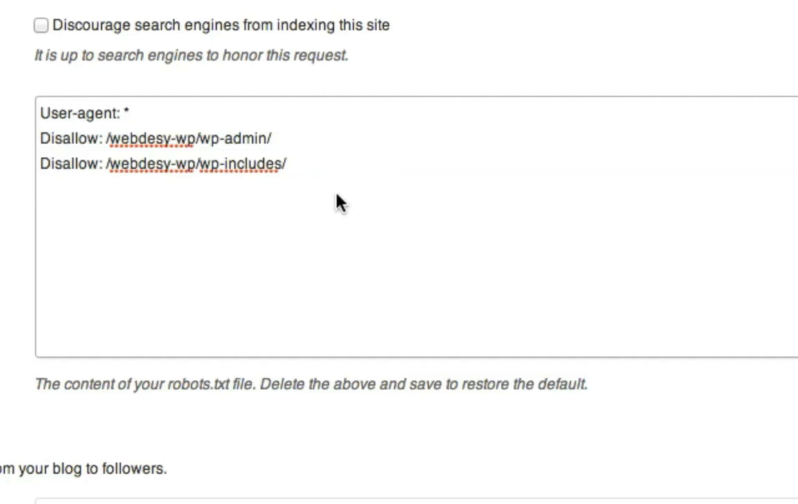So as you can see, it's in the webdz-wp directory, and then we have the wp-admin directory. So we're just specifying the path to this directory. And the same holds true here. The wp-includes directory is inside the webdz-wp directory. I'm just gonna delete the subdirectory. Anyways, it should block by default the following directories from indexing: